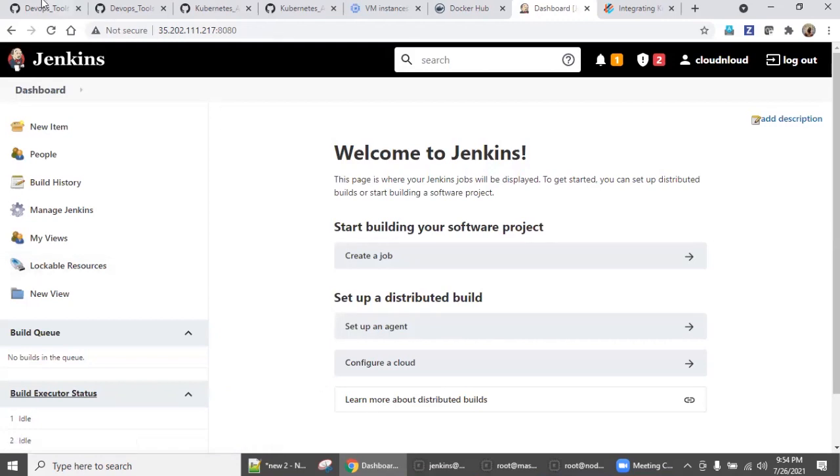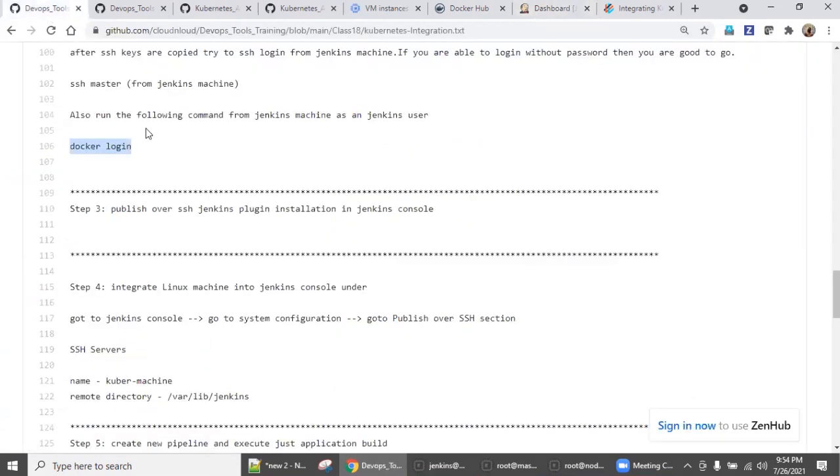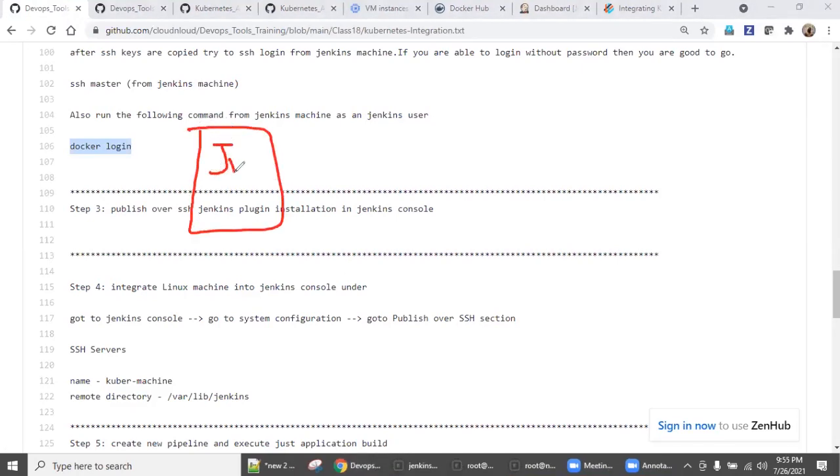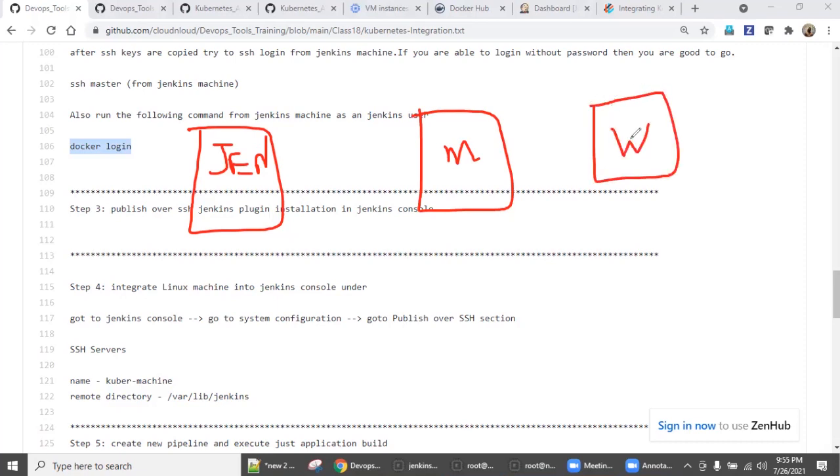So that's all. Most of the things are completed now. So again, I'm repeating it. We have the Jenkins Linux machine. This is the Jenkins, right? CentOS. So this is my Kubernetes master. This is my Kubernetes worker node, right? So we have installed all the Kubernetes packages.